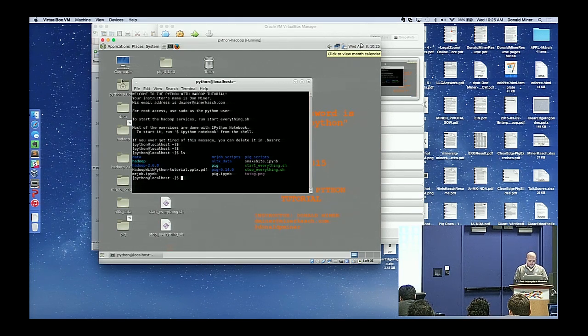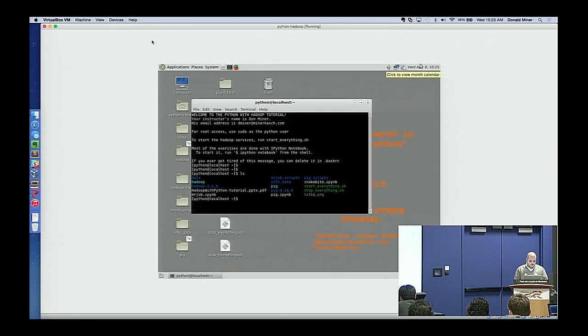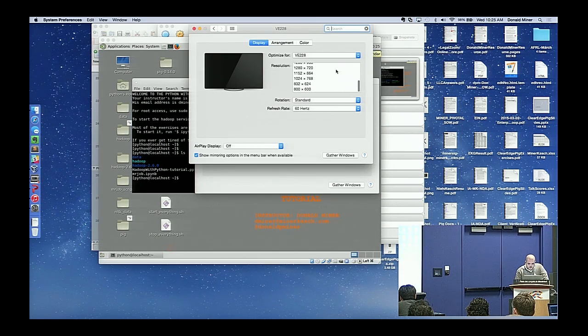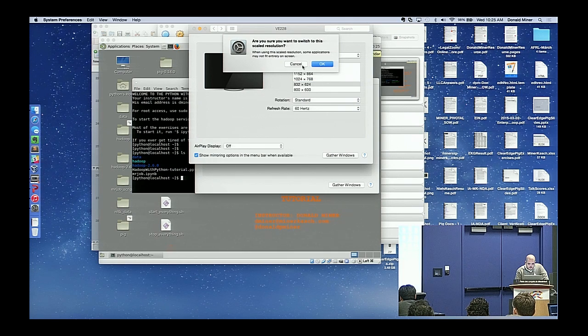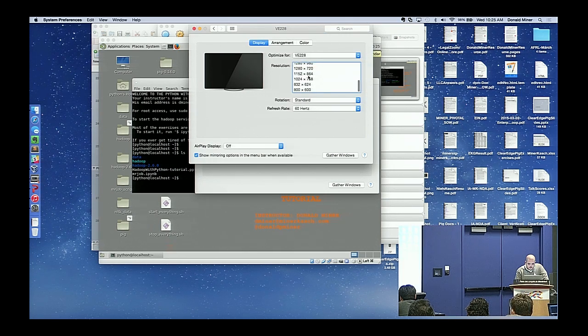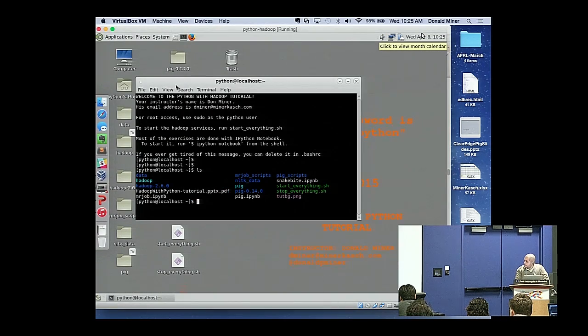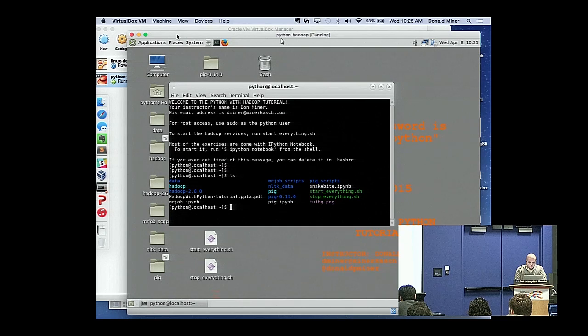Oh, this is really tiny. I should have thought about this. That's not going to help either. All right, that's better. Okay, so